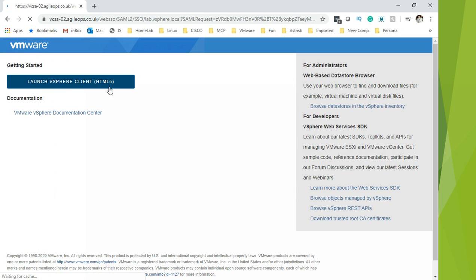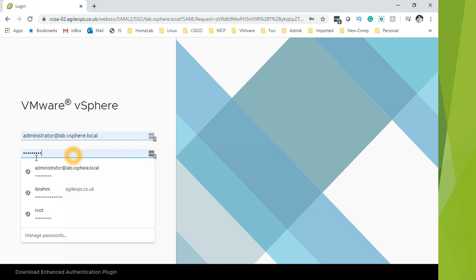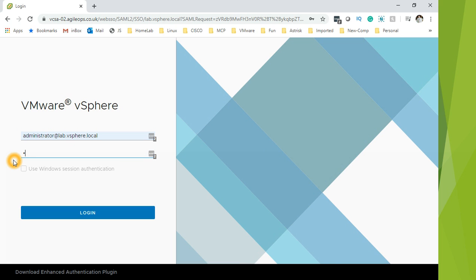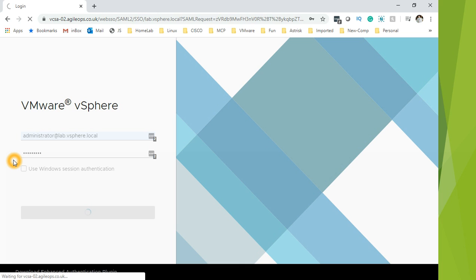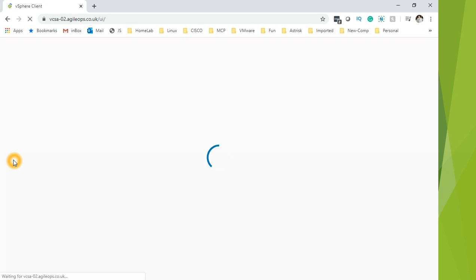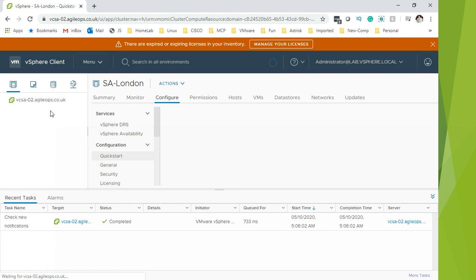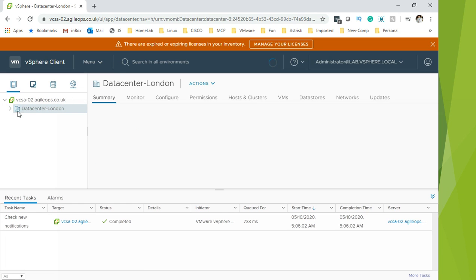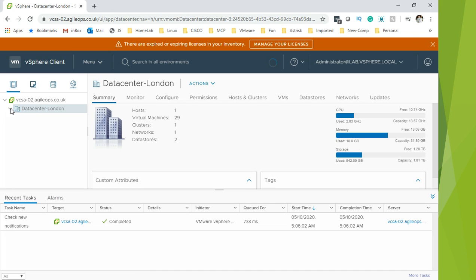Launch vSphere client HTML5. Enter the password, using administrator at lab.vsphere.local, which is the SSO which we have. This is the HTML5 client. As you know already, we have created a data center called Data Center London, and we have created